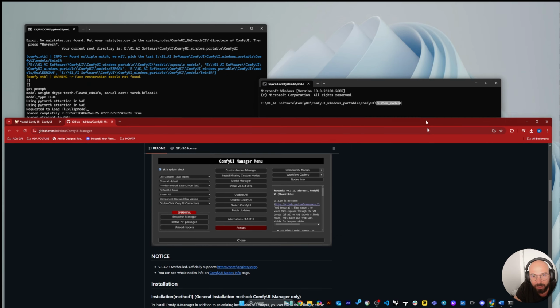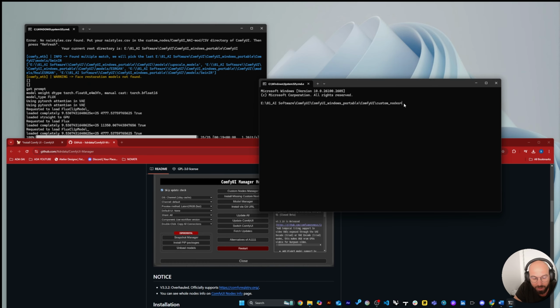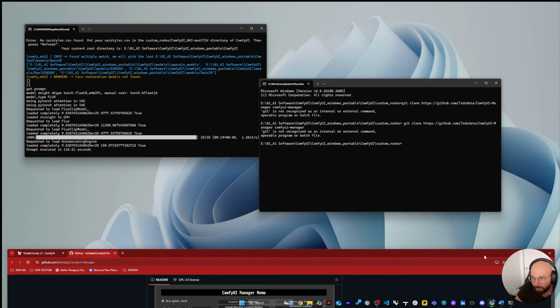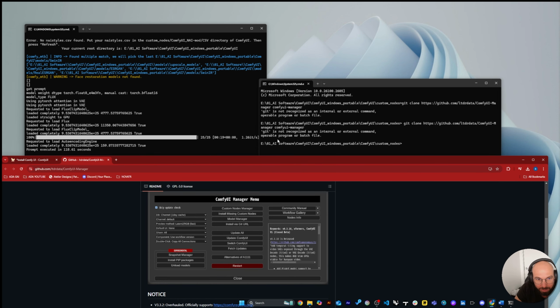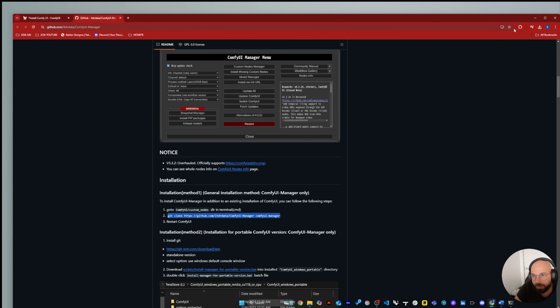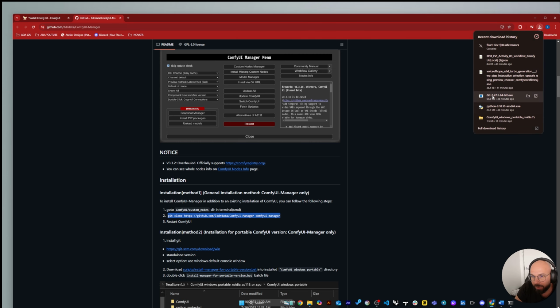Control C, and then here I'm just going to this one, and then here Control V. Okay, so apparently I don't have Git installed. I have this error message. So let me go back to my Git,